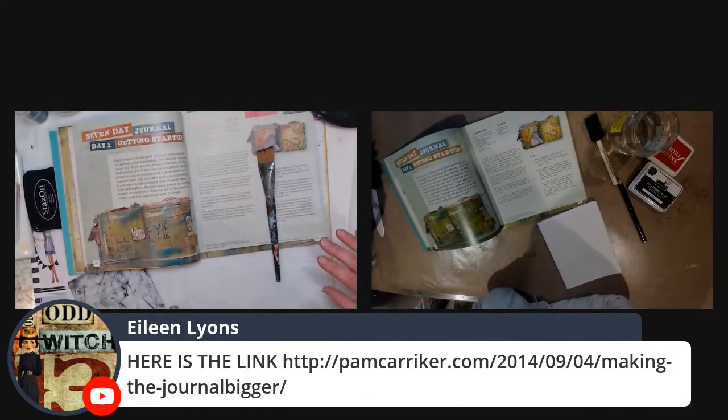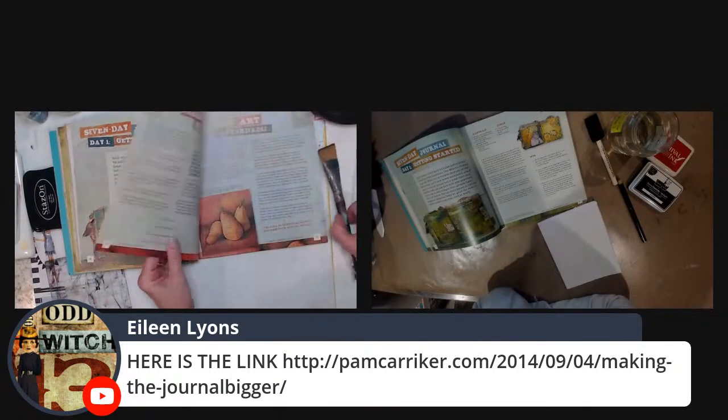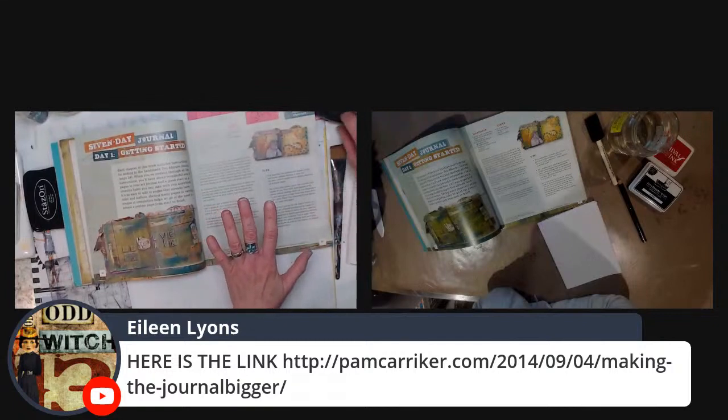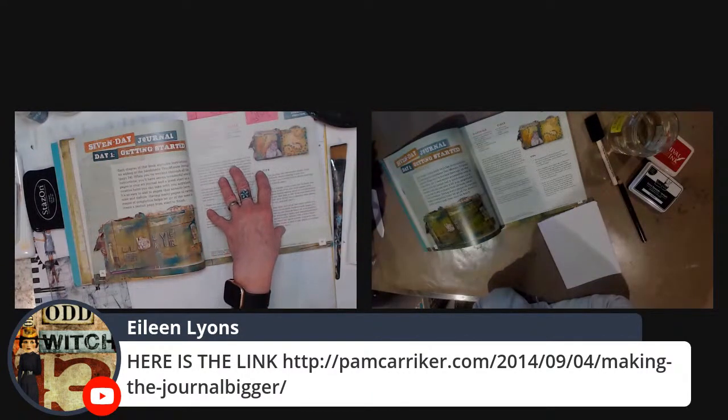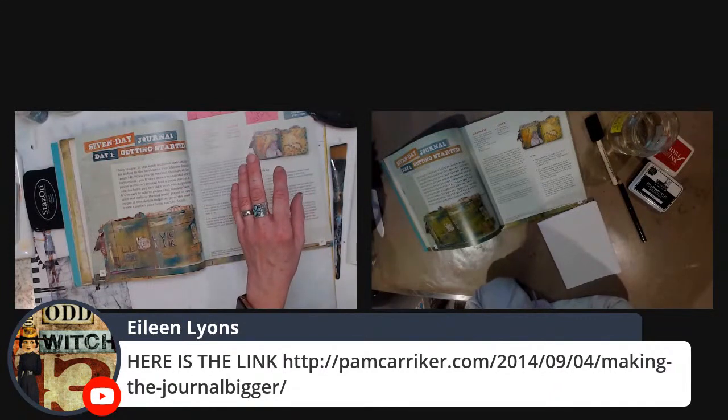So I have some water already. So I'm going to grab some neutral stamps like dots or circles, like background stamps. I don't recommend you use ones that are